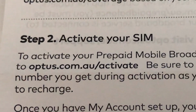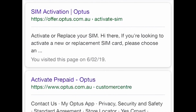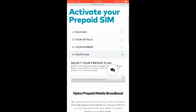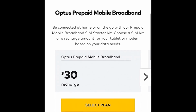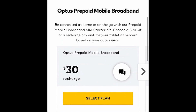The website listed in the directions didn't seem to work, so I googled Optus Activate SIM and it brought up a different website address, which maybe there is just a special offer going on right now, but it was just another inconsistency I noticed. I went through the process, putting in my details, and then came to this page where I had to select a recharge plan. And that seemed strange because I wanted to use the 4 gigabytes of data it came with first,